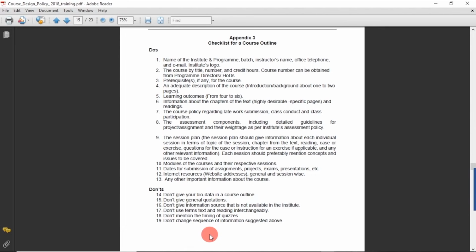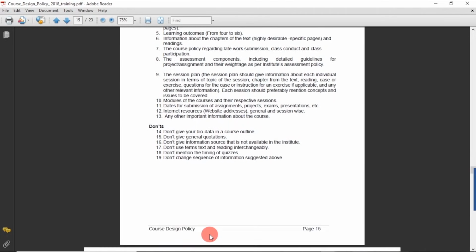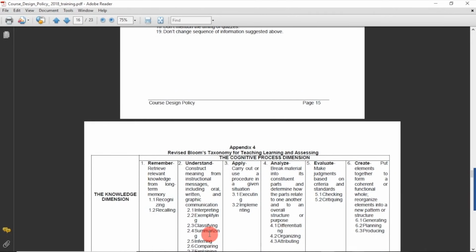So my suggestion to you is, I'm going to share this particular whole document with the coordinators. You request them to share this document via email or any other medium which is being used by the coordinators to reach you, and then you can go through this particular document in detail.